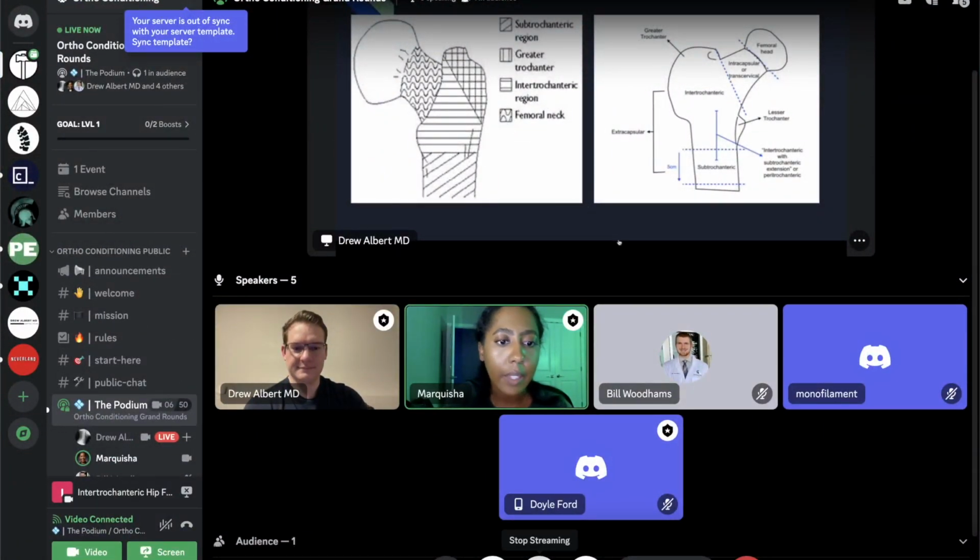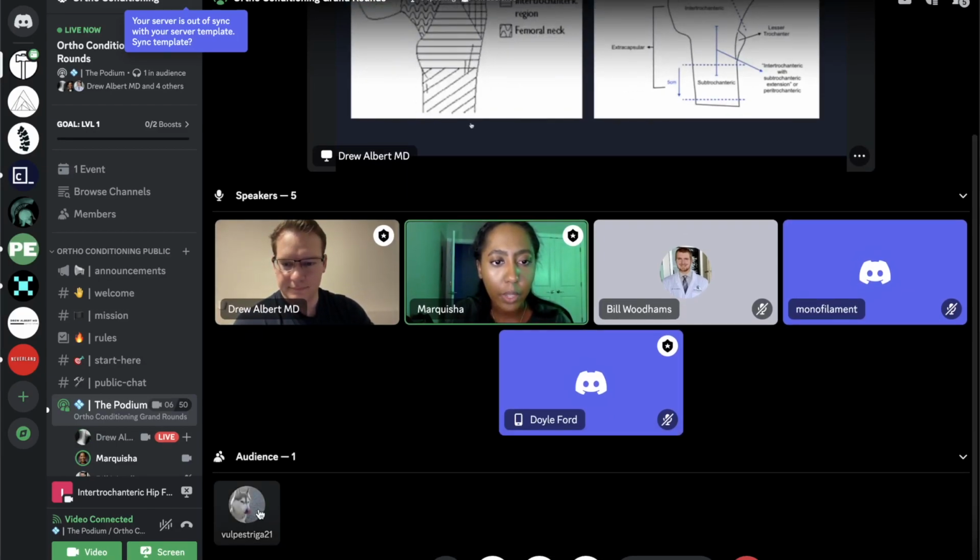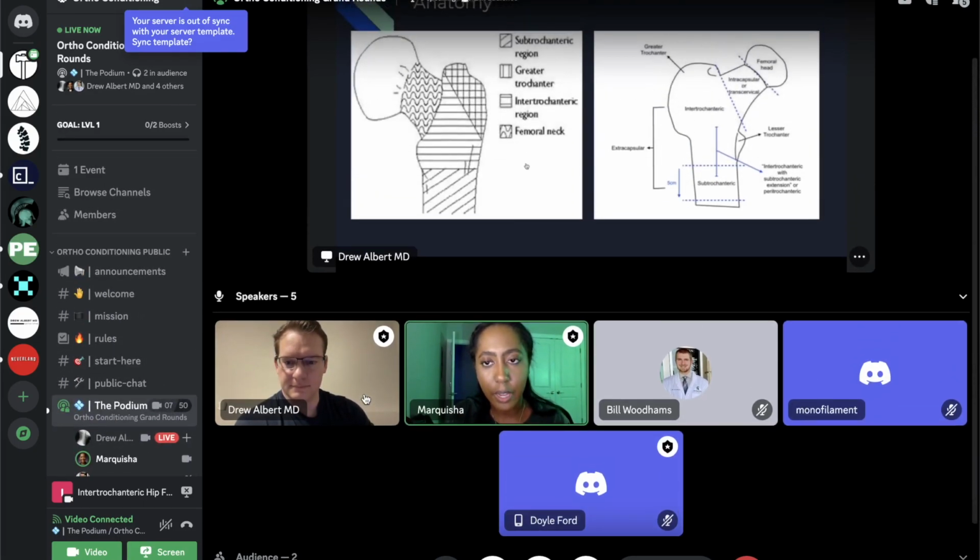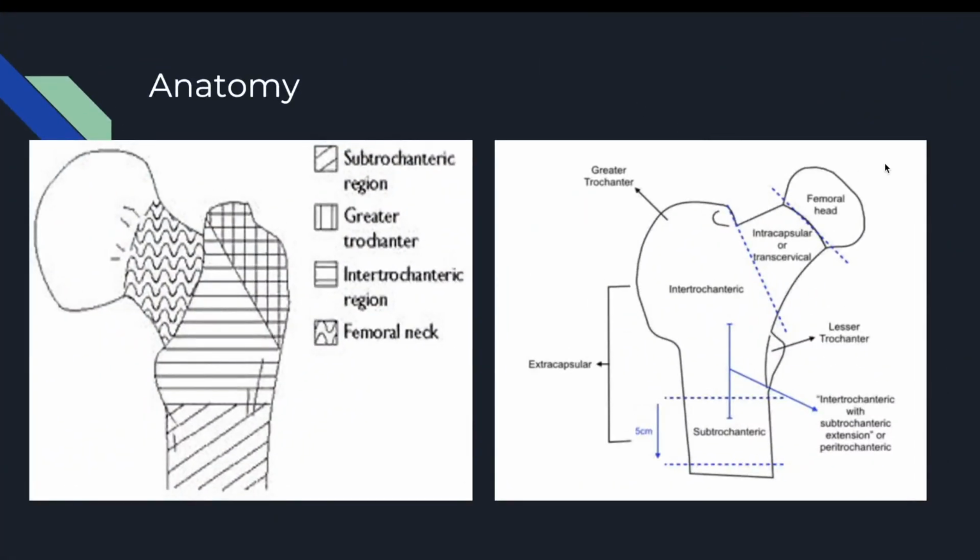But this is just looking at the anatomy here. And what we can see by these horizontal lines is the intertrochanteric region, which goes from about the lesser trochanter up to the greater trochanter, and it overlaps with these vertical lines here. So the intertrochanteric region lies between the greater and lesser trochanter, and since they occur at the proximal femur, we